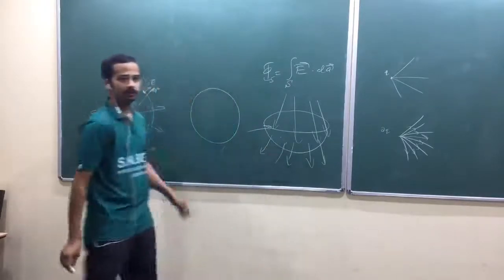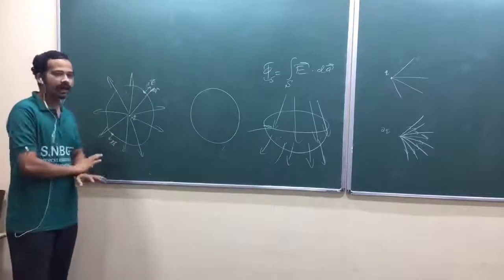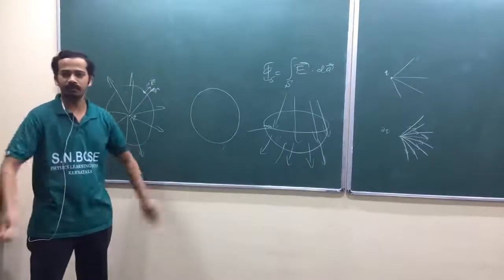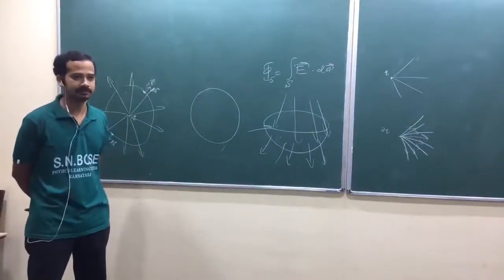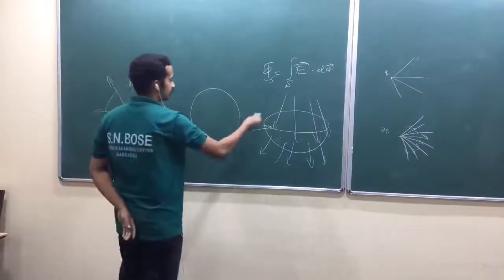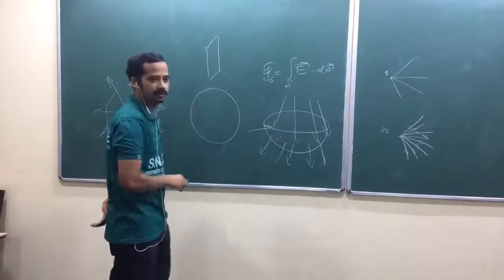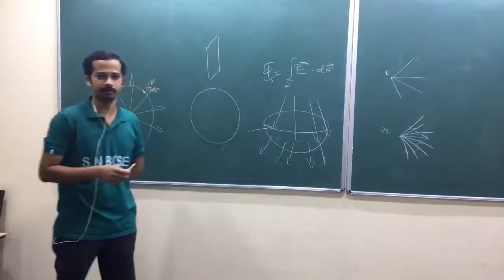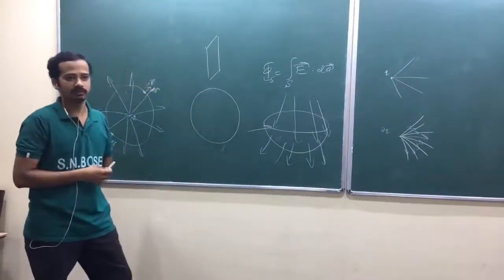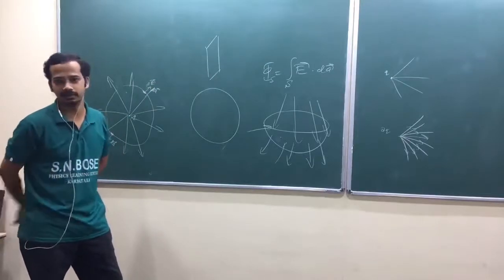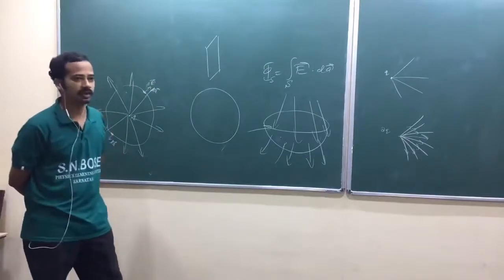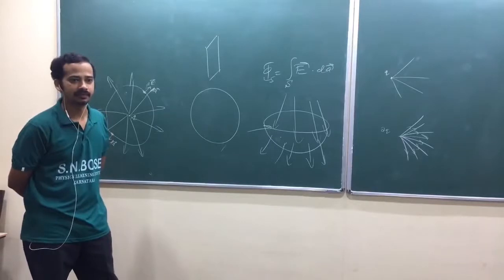That's why for an open surface, we can't define inward flux or outward flux. That's meaningless. This is a curved one, but you may have some confusion. Suppose you have a planar surface here, that's also an open surface. Am I right? Now, inward flux and outward flux are meaningless. Only the flux through that area has a meaning, isn't it?